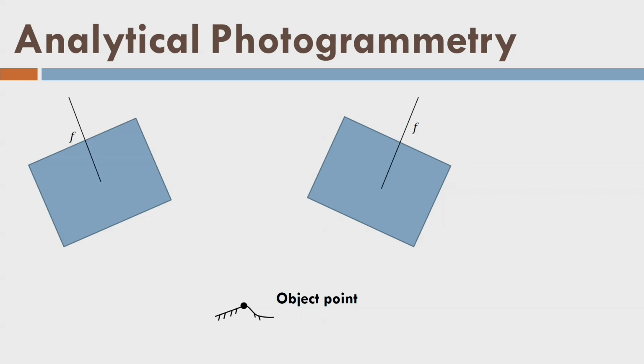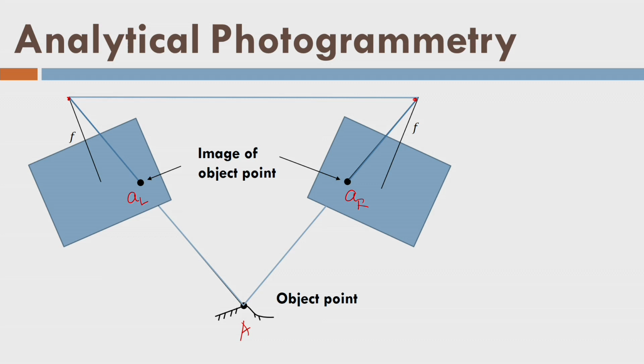So, like this. I have, let us say, these two cameras, and these two images are acquiring the image of this point like this. So, I can call it point A. Let me call this A left, and this A right. Now, if I orient these two images carefully such that point A and my exposure stations come in one plane, these are my image points, and now I have drawn this plane.